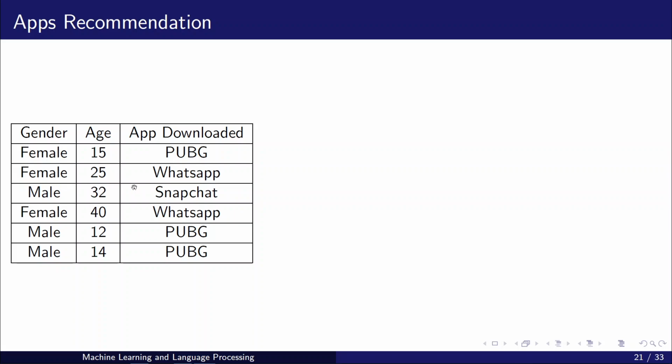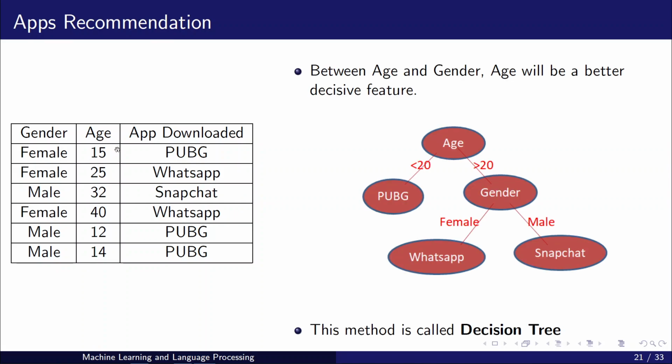Male also downloaded Snapchat and PUBG. So you will not get a better categorization. What about age? Age means 15, 25. We can see that all the people whose age is less than 20 have downloaded PUBG. So age can be used for better categorization. Between age and gender, age is the better decisive feature.